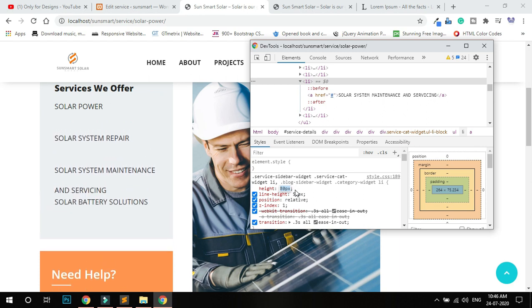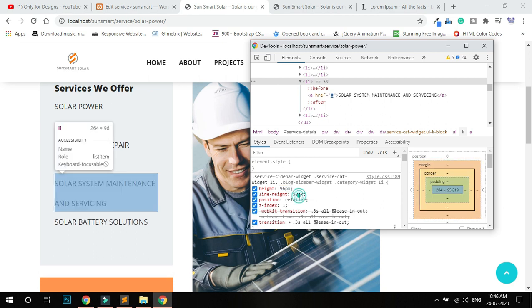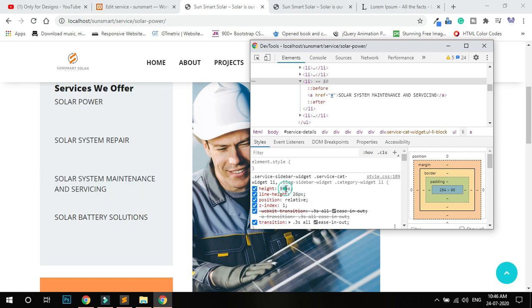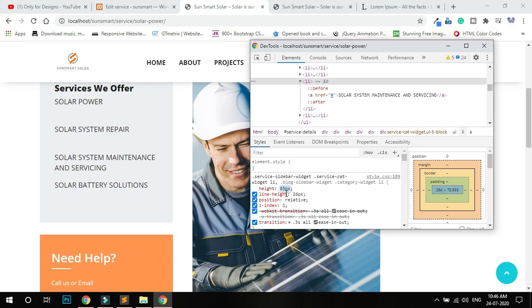Give the height: reduce the line height, increase the height and reduce the line height. And height also, increase the height or reduce the height.